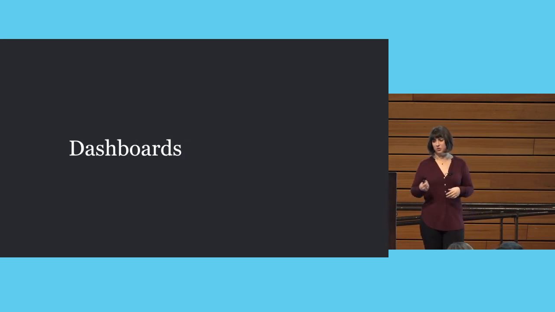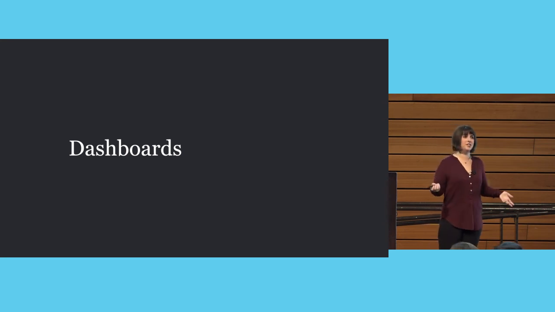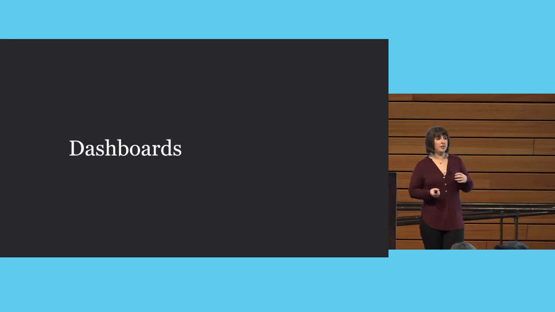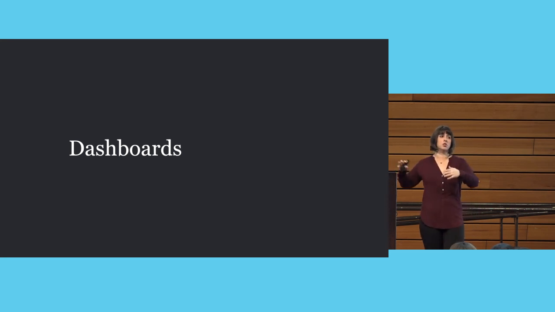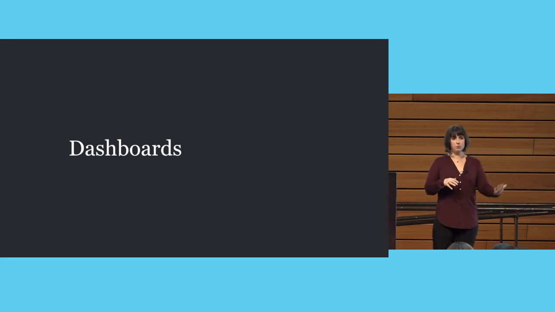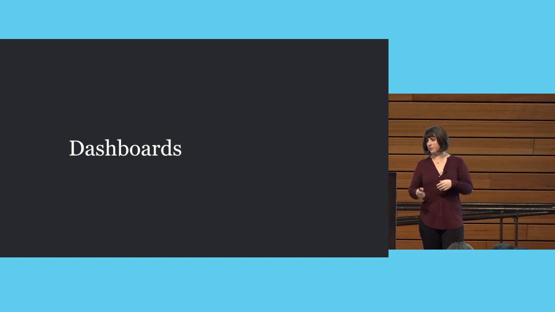So in addition to alerts, you need to have dashboards, and yes, humans need to look at them occasionally. Because until you actually know what a certain kind of error looks like, you can't tell an alert to look for it. You can think about things really hard and be like, I think I found everything, but you're not. Something is always going to go wrong that you hadn't anticipated before. So you need to be able to watch it yourself, or just have the display up in your office somewhere so that you can keep track over time of what's going on.